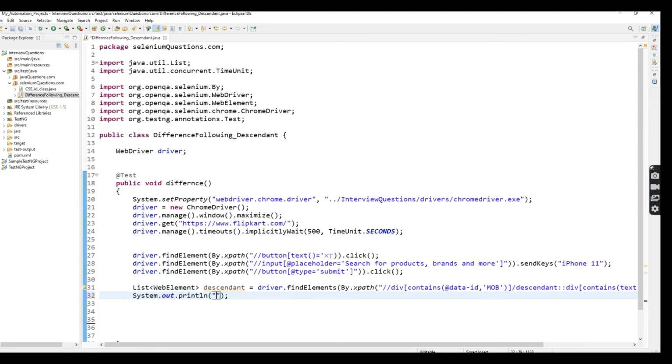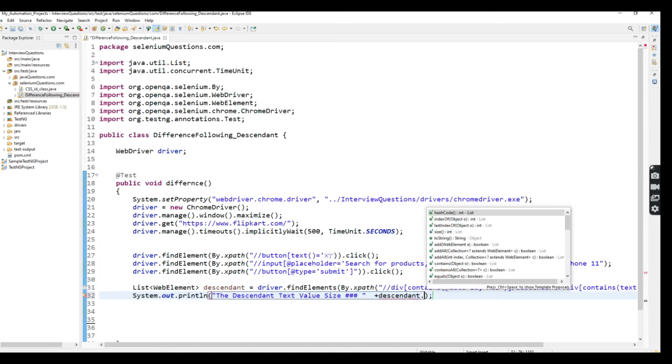Then I just print what the size is, it will be printed here: the descendant text value size.